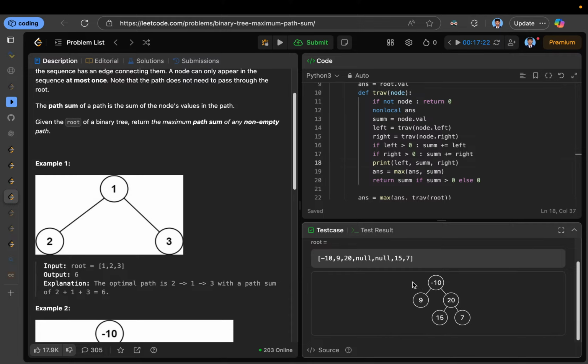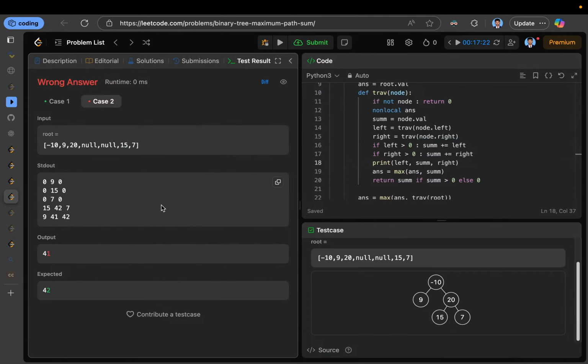So first I was on 15. I go to 9, okay. So from 9 both 9, and then I was on 15, both sides 0, no worries. And then I was on 7, both sides zeros, no worries. And then I got 42. I got 42,